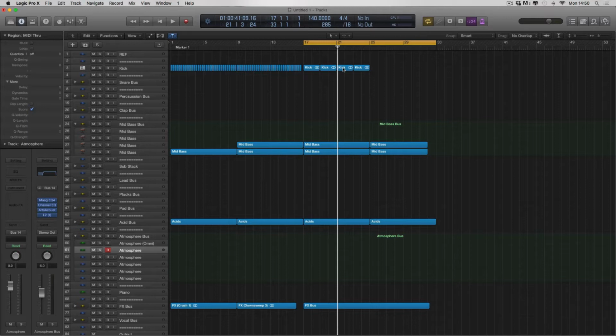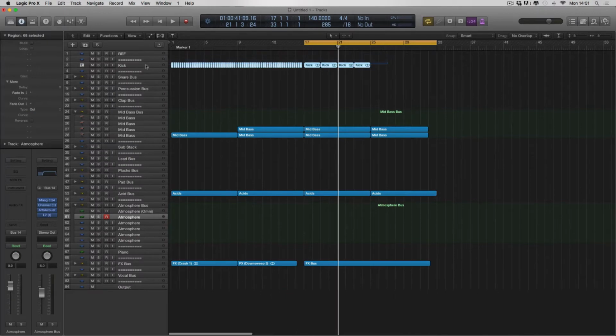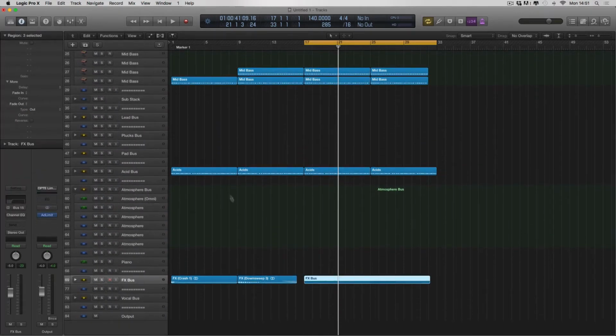and now we're going to have a look at atmosphere. So the whole idea behind these sessions is basically over the next 12 months, or it will have been 12 months by the time these sessions are finished, to just give you guys a general overview of making trance. So yeah, I always find that atmosphere is extremely important when it comes to starting a track. Now there's a couple of things in here we've not gone over really, and that is mid bass and effects. I don't think we've done effects yet,